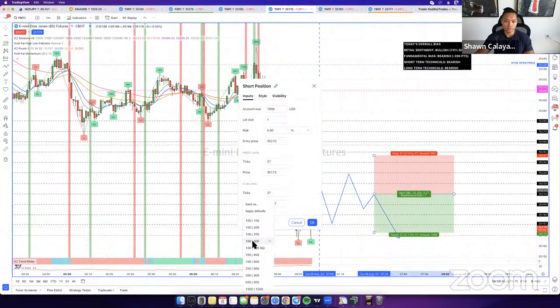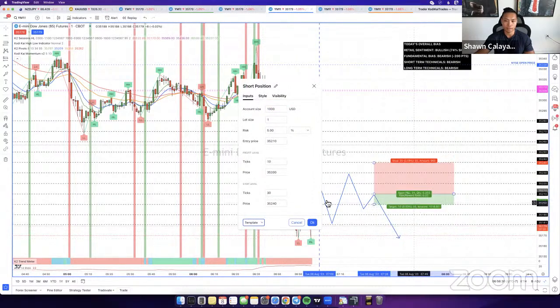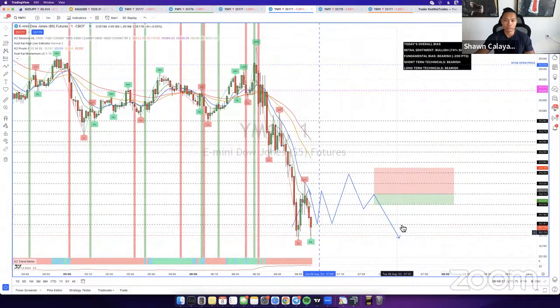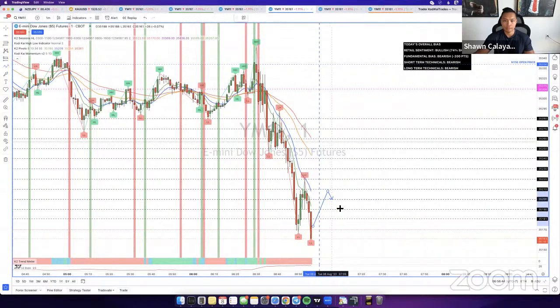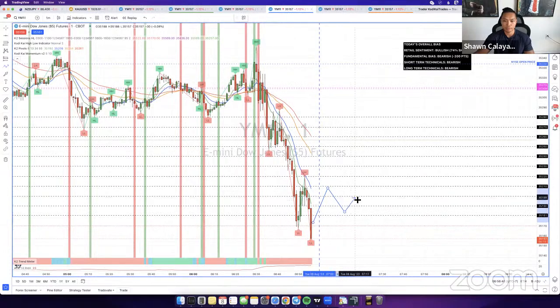If you guys look closely, these entries that we're looking for here are basically like head and shoulders. If you guys know how to trade patterns, I didn't even really notice that until now. So what I'm looking for is the retracement, right? If we get the retracement right here, I'm looking for price to come back down. It's basically a half arm of the head and shoulders. So this is the head and this is the shoulder. That's basically what I'm looking for. But right here, price is still going back and forth.